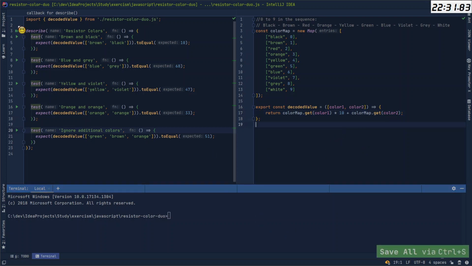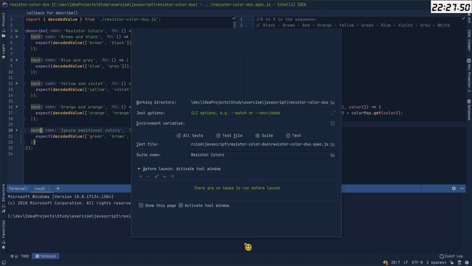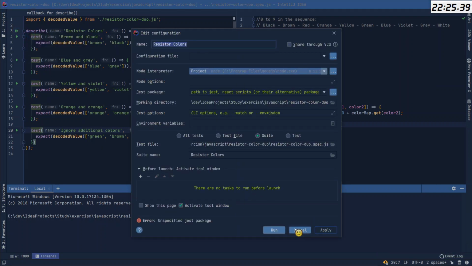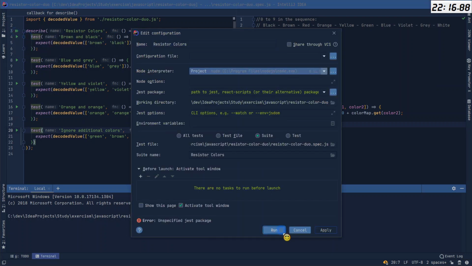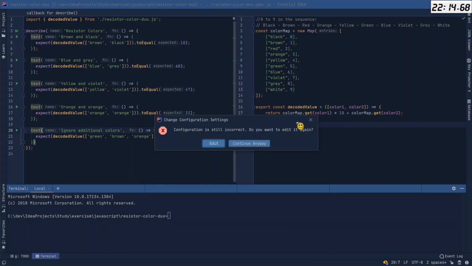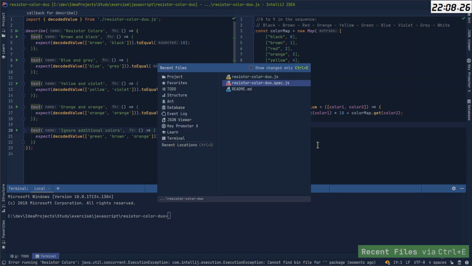Good practice is to run the test, right? So I will do it just for fun. Okay, so it was run, run. Configuration still incorrect, so it was something else.